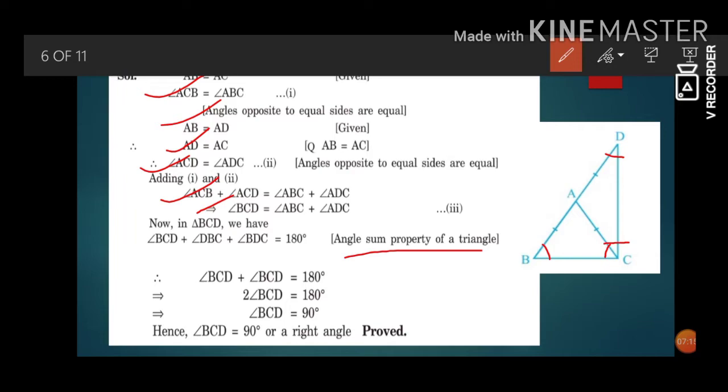Now this part is equal to BDC from 3. From our subpart 3, we can say that the bracket part that I have made is angle BCD. So we get 2 times angle BCD is equal to 180 degrees. So angle BCD is equal to 180 divided by 2, that is 90 degrees. So the angle at C becomes 90 degrees, which is what was required to prove.